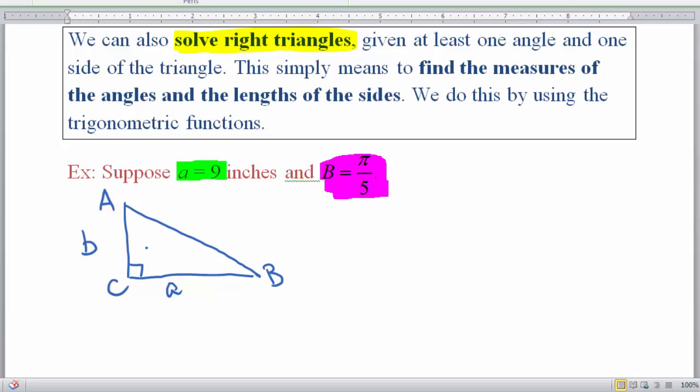Because that was the setup for the right triangle, and of course the hypotenuse is C, which is opposite the right angle. So the things that are known here is that little side A, leg A, is going to be 9 inches and angle B is going to be